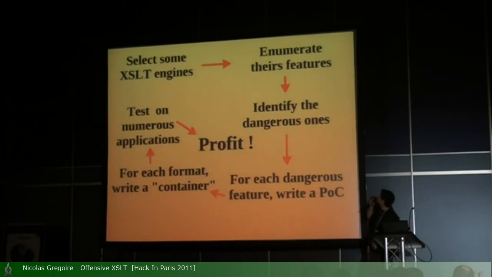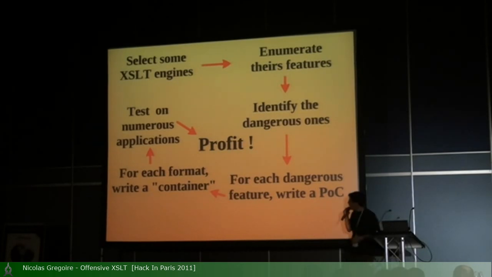That's our basic methodology. We will first select some XSLT engine. We will then enumerate the features. We have some tools to do that automatically. We will identify some dangerous features. I will describe how to restrict to the dangerous ones and how we define dangerous. We will write a proof of concept code for every dangerous feature in order to have easy